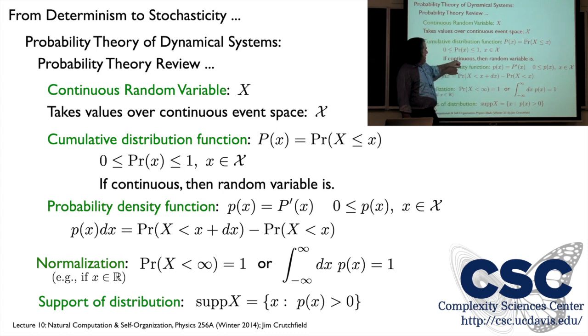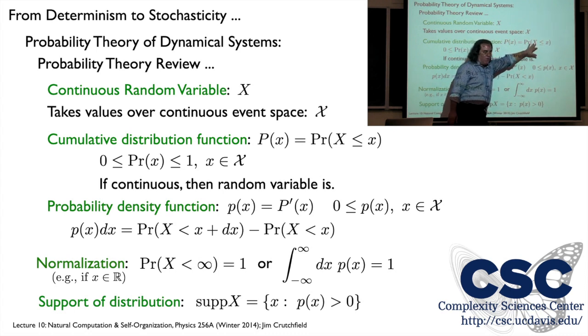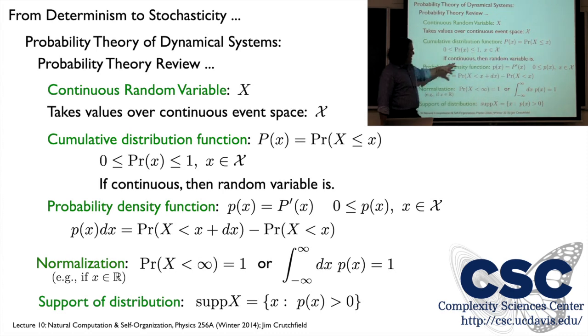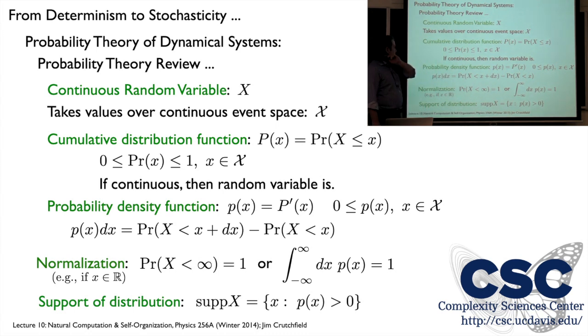And we also say that if this function is continuous, so now you kind of imagine this is a function of x, and we're moving x along its domain, and it's monotonically increasing. We're encompassing more and more of the event space, therefore these sets of events only get more likely. Then we say the random variable is continuous. And I'll show you some examples of this.